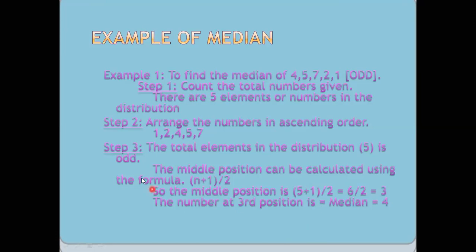You can say it in this way, or simply you can see there are 2 numbers on each side and easily find that 4 is the median. If you are getting confused, there is no need to apply this formula. You can easily say which number is in between, and that is the median.